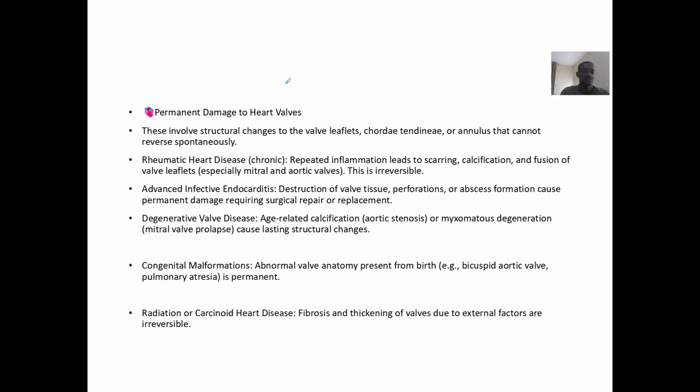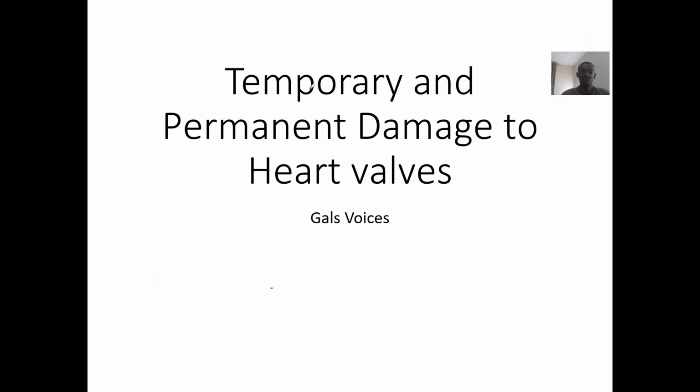or the annulus, and you can't just reverse it. Examples: we have rheumatic heart disease that is chronic. We have advanced infective endocarditis, of course, that's chronic infective endocarditis. We have degenerative valve disease. We have congenital malformations. We have radiation heart disease, or we have carcinoid heart disease. So that's what we have for these types of